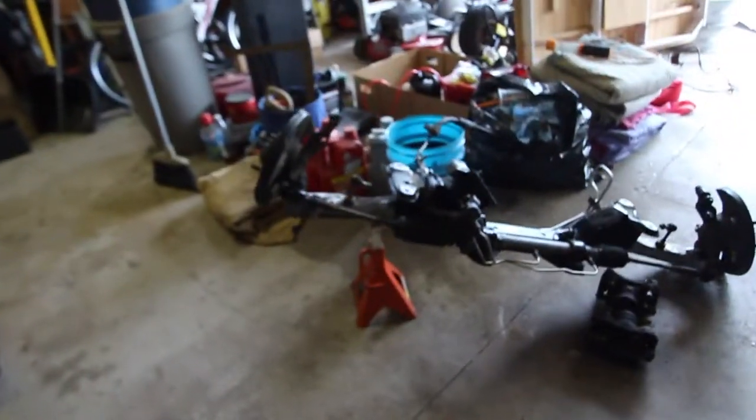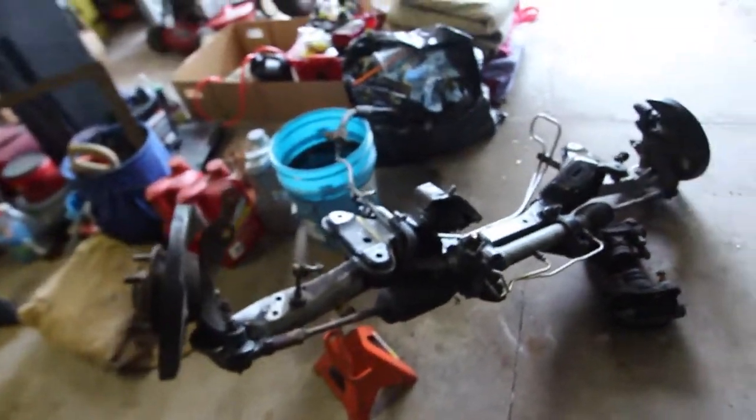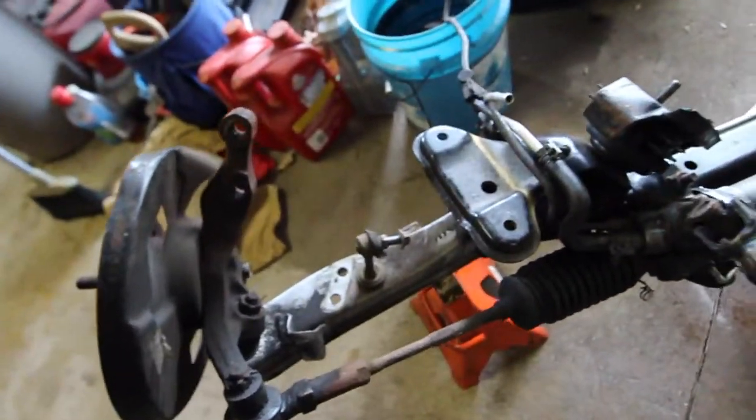It's the next morning. Yesterday I wasn't really quite feeling it. I'm pretty sick, can't really breathe out my nose, but we're still going to try and bust through this. So for the front subframe, we took off the sway bar, we took off the tension rod brackets